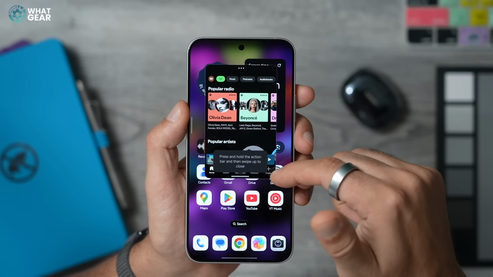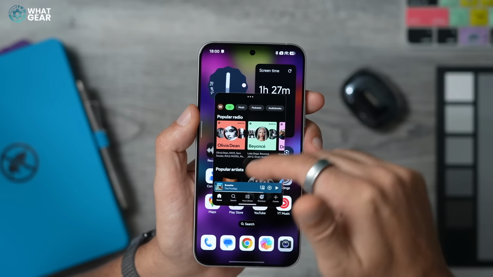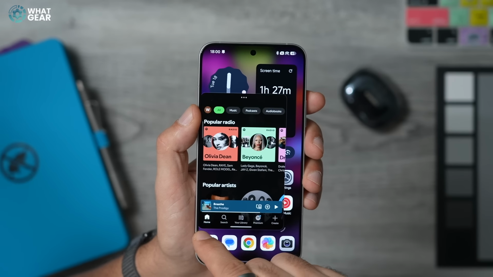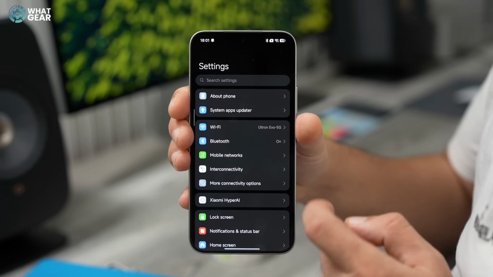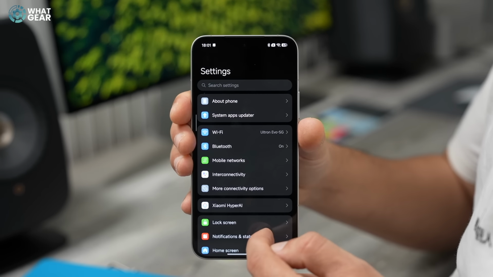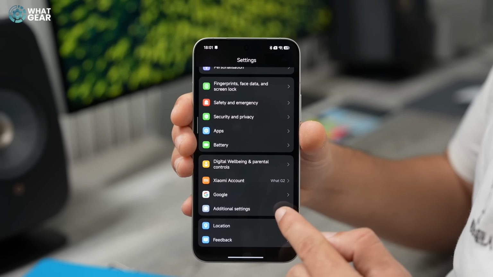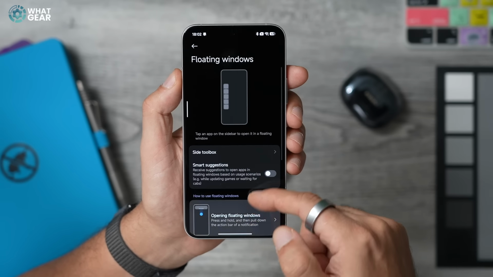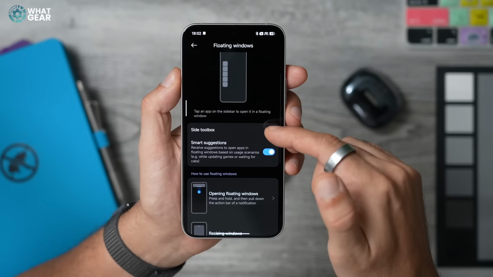Something that's changed now is the ability to resize the window. So if you grab it from the corner, you can shrink it right down and you can bring it right back. So that involves quite a few steps to get to a floating window. There is another way, like I mentioned with the sidebar, you do have to activate this. So if you scroll all the way down to where you see additional settings right here. On this page, if you go to floating windows and turn on the smart suggestions side toolbox,